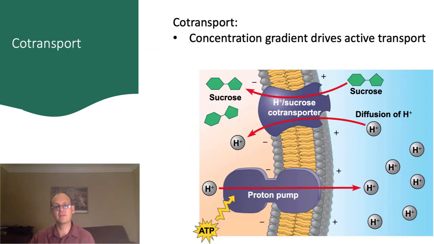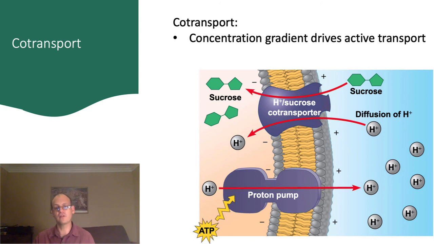So in animal cells, the sodium-potassium channel can maintain an electrochemical gradient across the cell membrane. In plants and other organisms, proton pumps are very common and serve a similar purpose. Cells can use a strong electrochemical gradient as a sort of battery. The difference in charge across the cell membrane can be used to drive other processes. Cotransport is a good example of this.